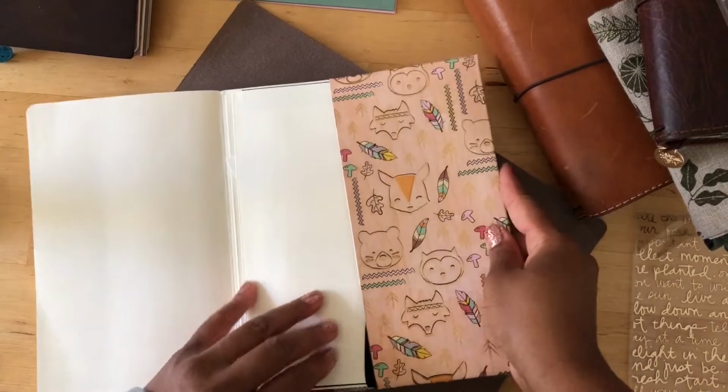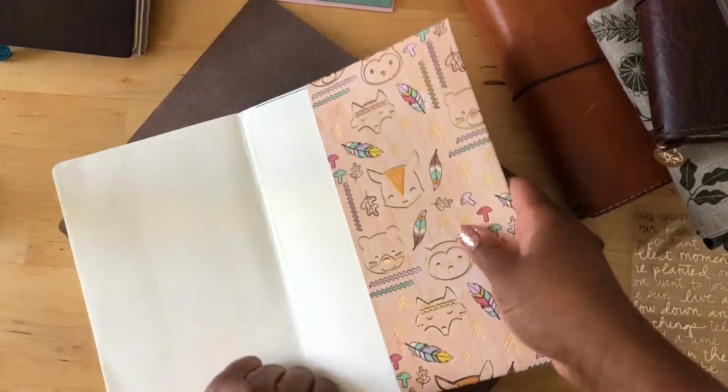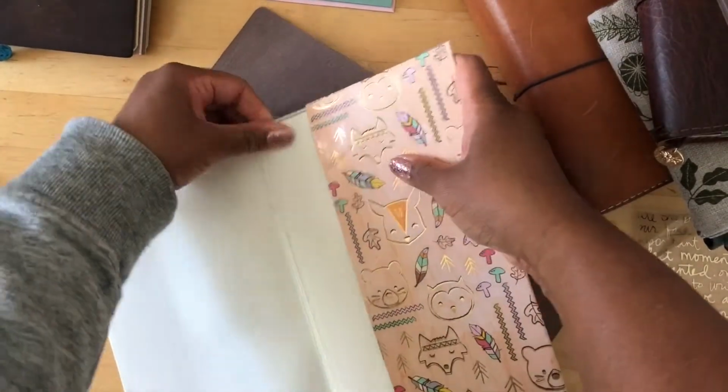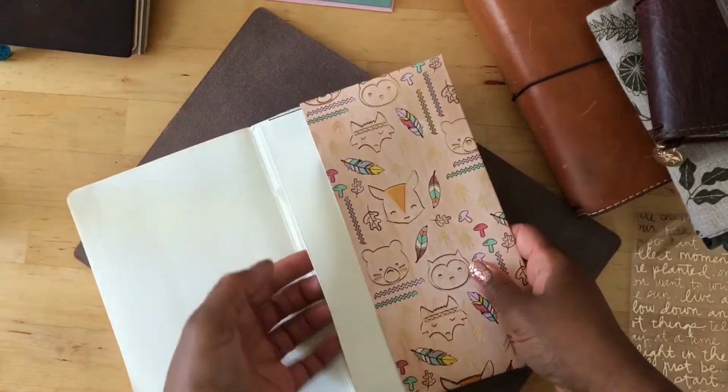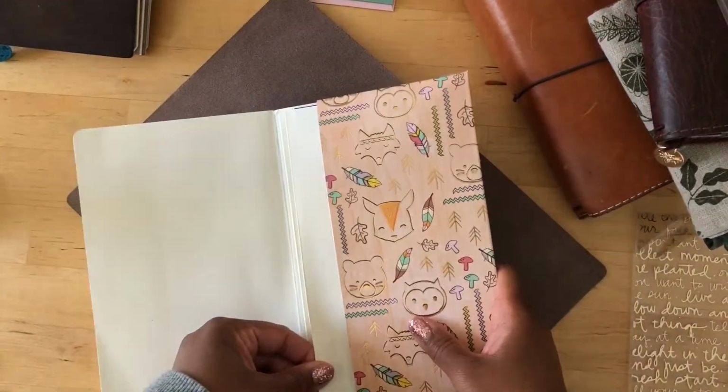I actually used a scissor last time. Okay, there we go. So then you just snug it in there. You don't ever have to take this out. Once it's in there, it's in. And you still have access to the pocket, so you're not losing that. But what that does, once you get it in there,